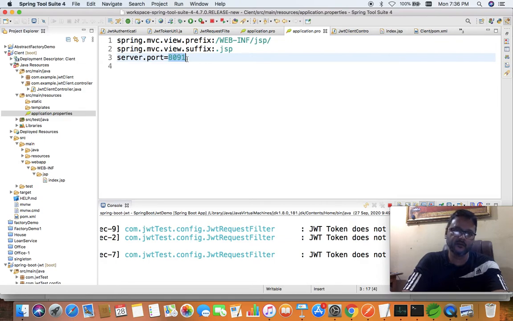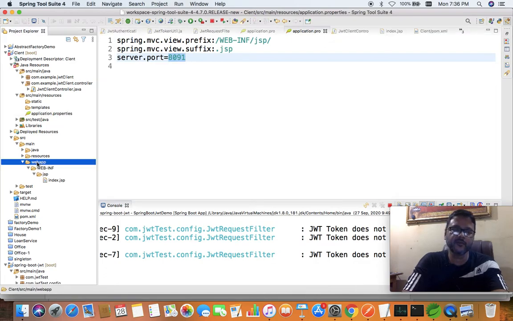When we run both applications, they must have different ports. First we have to create the JSP. When we create a microservice or a Spring Boot application, the webapp folder is automatically there.